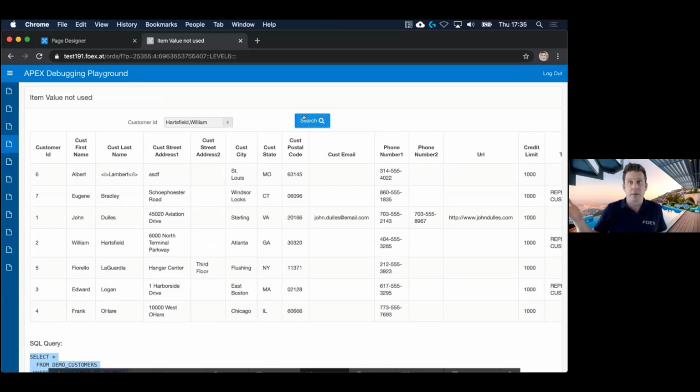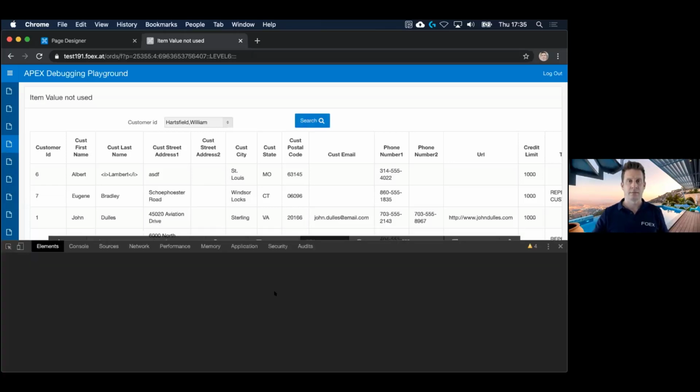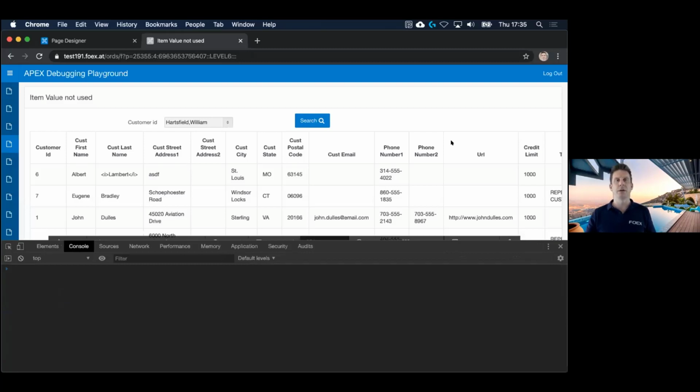But what happened? We're completely blind here. There is no visual indication if something happened or what happened at all. And that's probably what your users will do. They will hit the button like crazy. Nobody knows what's happening. So remember step 2 of the debugging shortlist, open your browser DevTools. Switch to the console tab, so I'll clear it for you. Now, when we hit search,